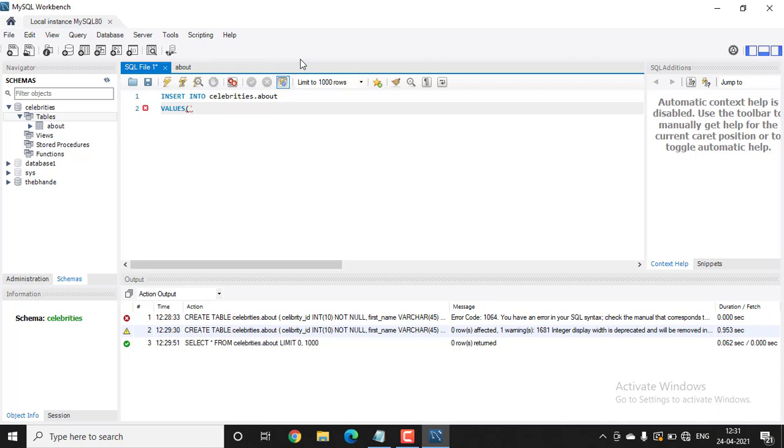Don't forget to mention the values inside inverted commas. 01, and first name will be Mahinder, second name will be Singh Dhoni.